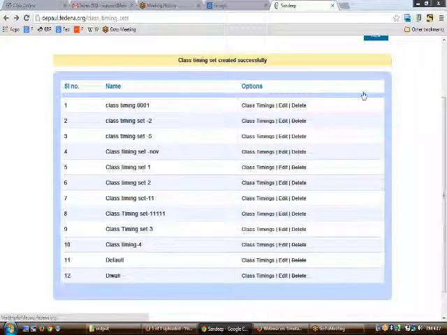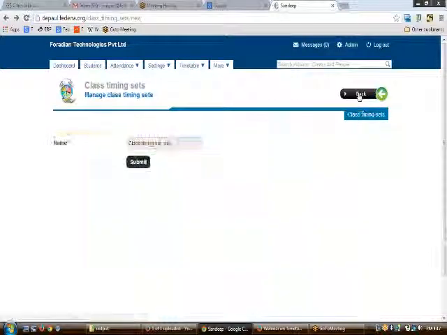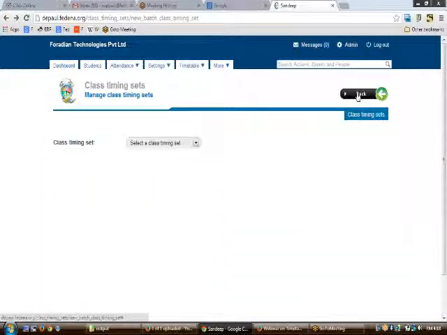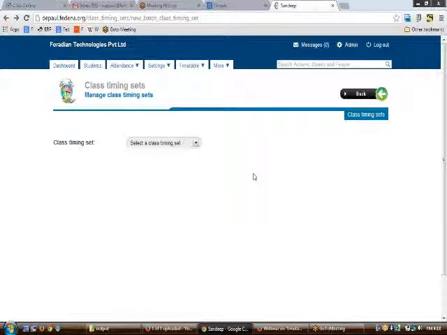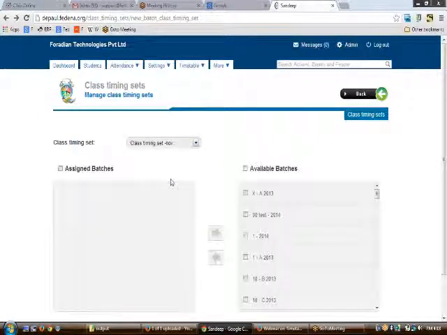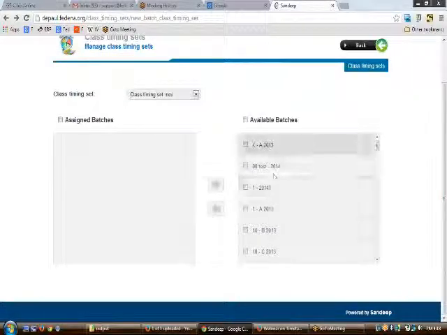Having created the class timings inside the class timing set, now it's time to assign the class timing set that you have created to different batches. To do so, you can go to the class timing set here, choose the class timing set, and assign the class timing set that you have selected to the respective batch.